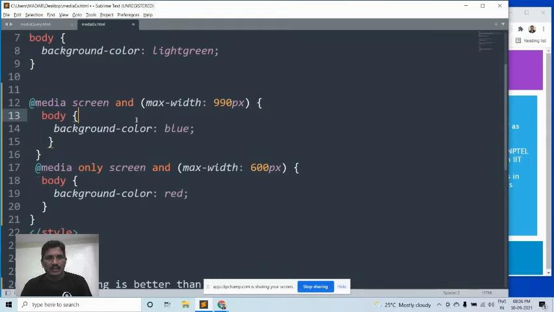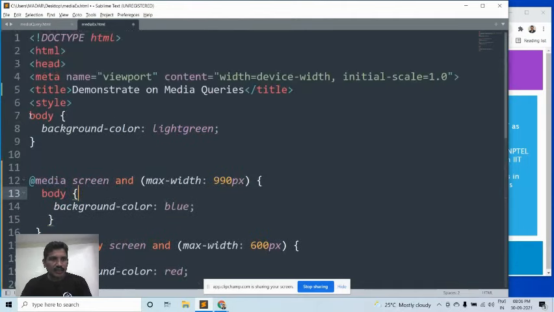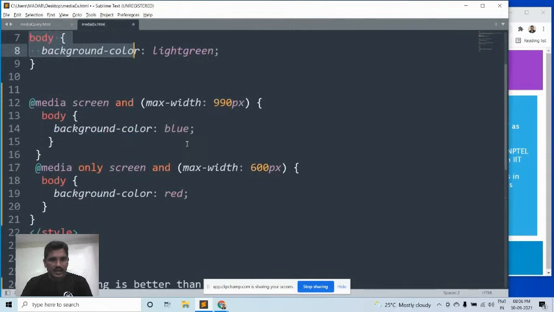A media query is used to apply CSS code when a certain condition is true; only then will it take effect. Otherwise, it does not affect the web page. By default, the web page background color is light green.